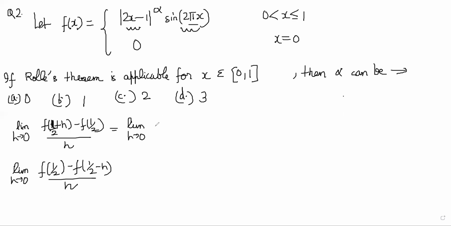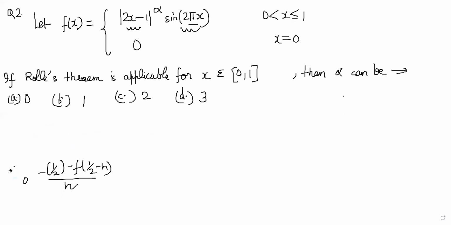wait, I made a mistake in the previous case when I was checking limits. Was I doing half plus h or 1 plus h? I think I made a mistake, right? When I was doing the previous limits, I was doing 1 plus h instead of half plus h. Nobody noticed that? Now I'm realizing that half plus h will be different. You guys have to notice these things. Don't just assume whatever I'm saying is right. When I did this, x tends to half minus and all, I have to check.